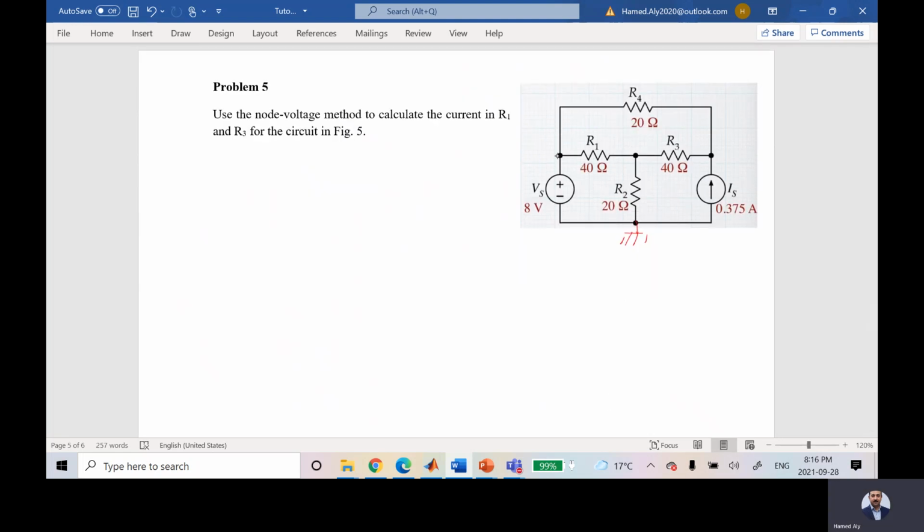Now, I will have this guy, this guy and this guy, but I have to ask myself the question: should I say the summation of the current for each node is equal to 0, or try to define the voltage for each node first? The answer is I will define the voltage for each node first. The voltage for this node is unknown, so I'm going to assume it, for example, VA or V1. The voltage for this guy,